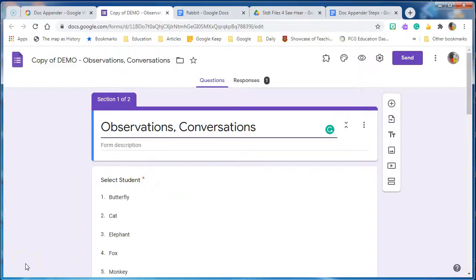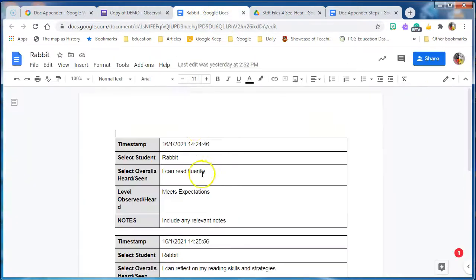So today we're going to be looking at how you can take something like a Google form, which you see here, that's going to capture observations and conversations, things that I see students do or hear them say when learning remotely. That could be in the chat, could be in a breakout room, could be me in a Google Doc watching what they're doing. And once I capture those,